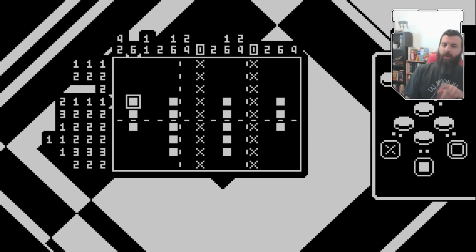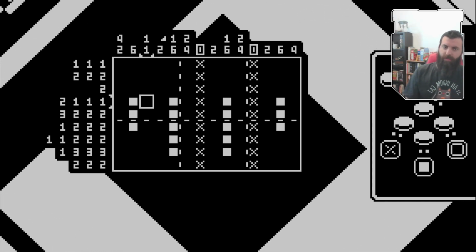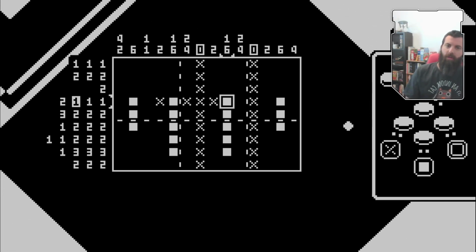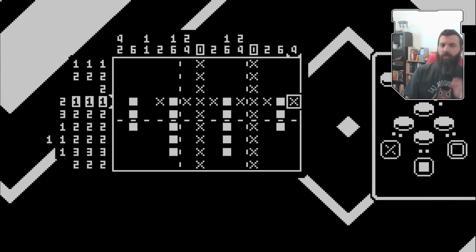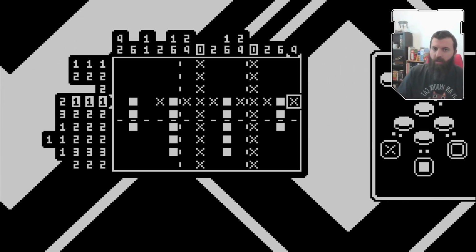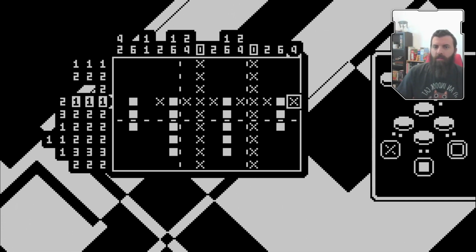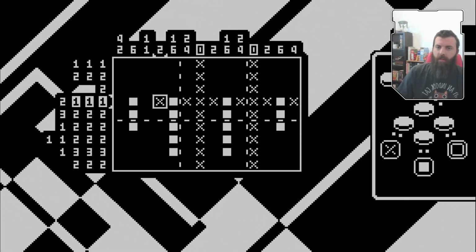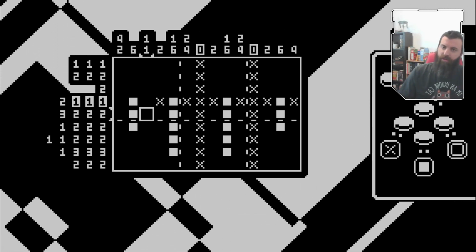This has to be part of the horizontal. Rest of this row 1. This has to be part of the horizontal. So